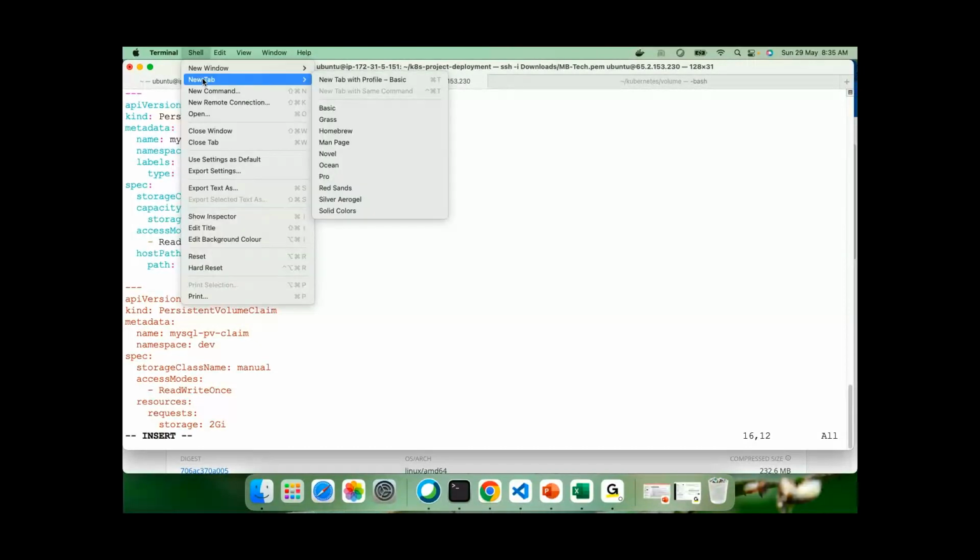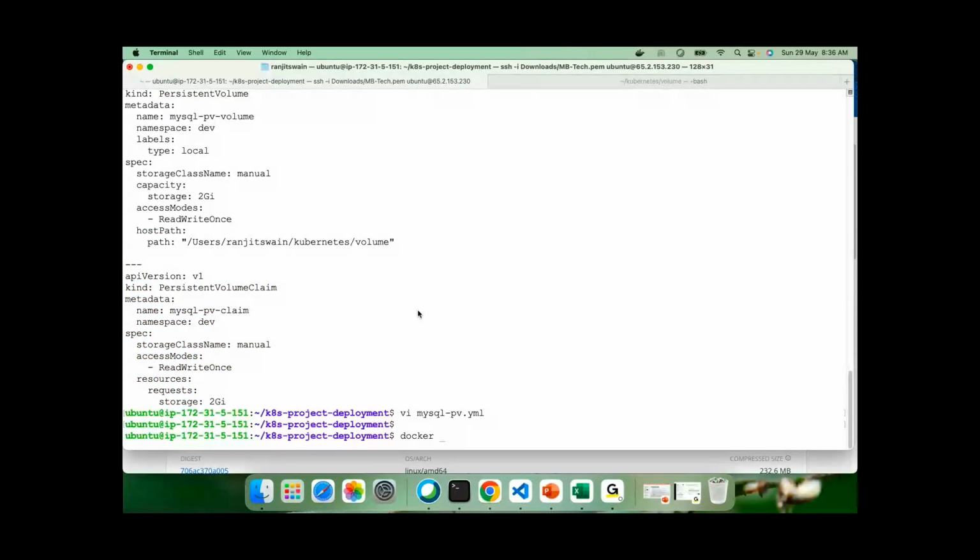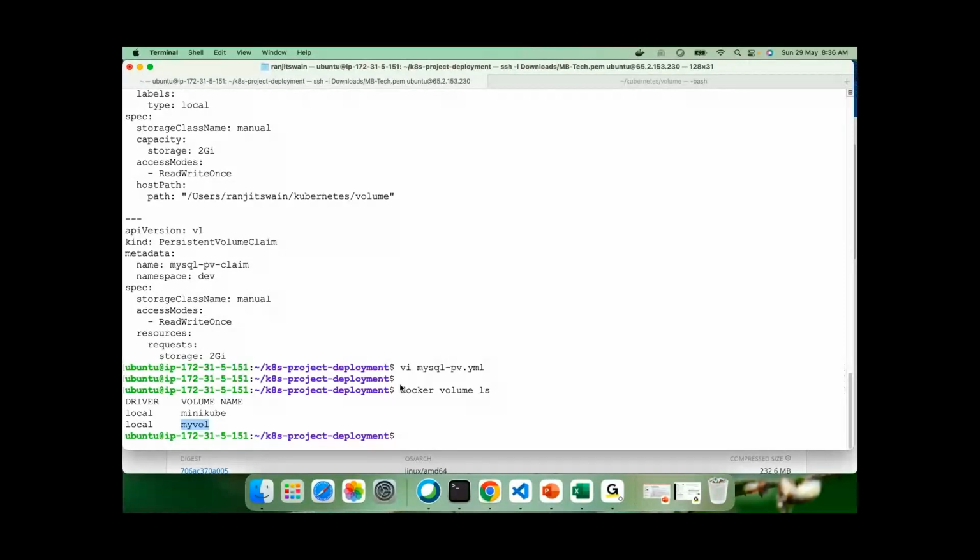We had created a volume, right? Docker volume ls, to see what volume was created. I had created a volume, but this one I'm not going to use, so I'm not going to use this docker volume path. Instead, what I can do, if I go back there, I had created a k8s volume, right? One path, this is the local path, and yesterday I had shown you